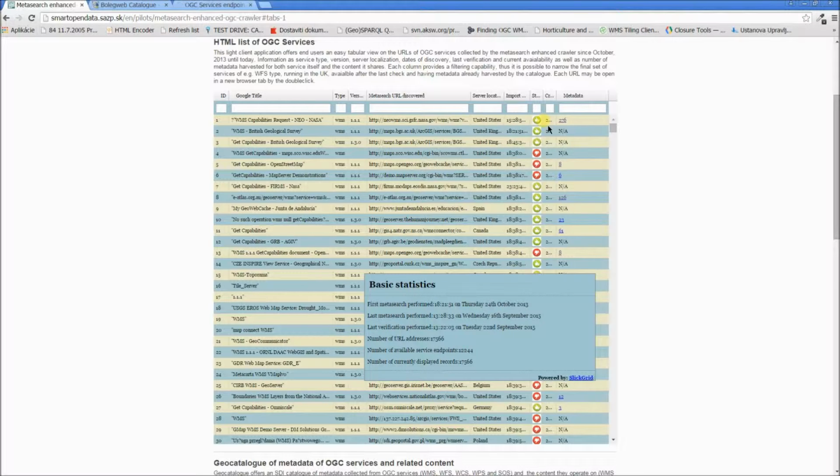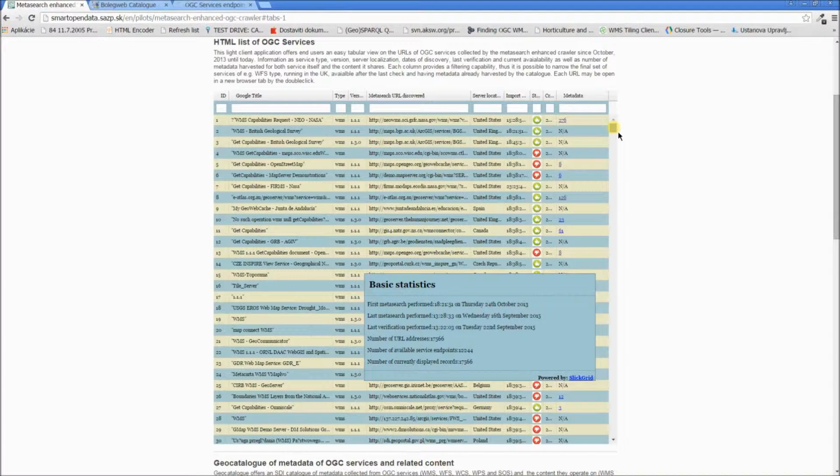In the last column, you may find the number of metadata records harvested for a service and the content the service provides, if that has already happened, and it provides a link to the catalog application